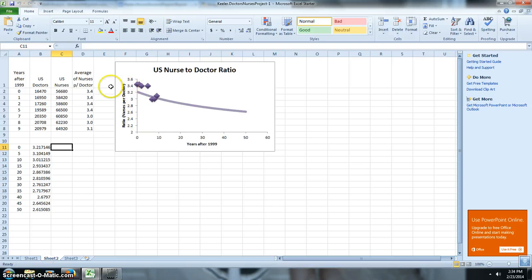This shows the ratio of the average nurses to doctors in the state of Georgia. You can see that it's coming at a steady decrease and that the number of nurses isn't becoming enough to the number of doctors. The ideal ratio is 4 nurses per doctor, but you can see here that there's like 3.4 for the most part and some 3s. So ideally you want at least 1 more nurse per every doctor. There are the data points.